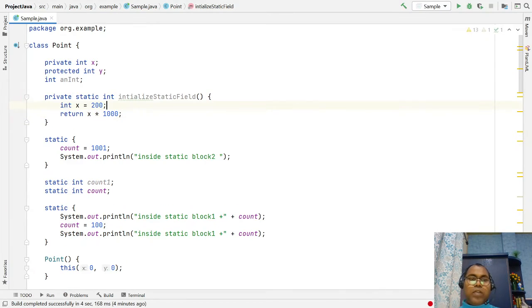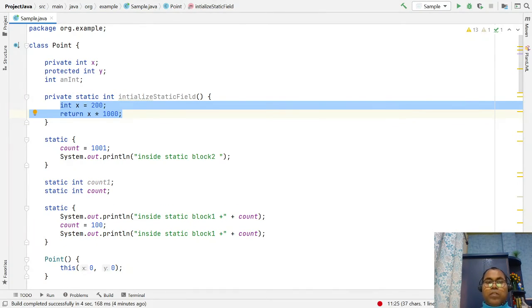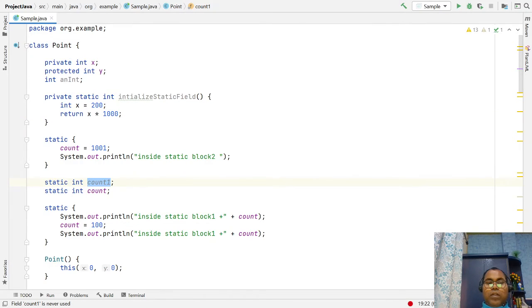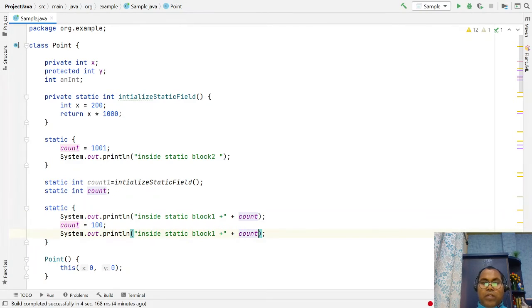Okay, so these are the business logic you can put here, return any value to be assigned here. And here you can just write your initialize field, and you can also here write count one, check whether this is initialized or not.